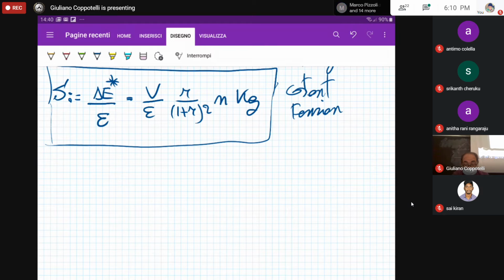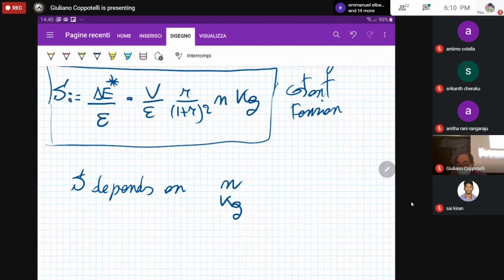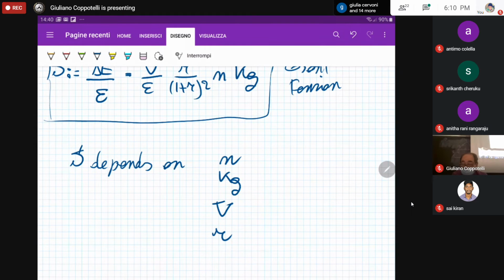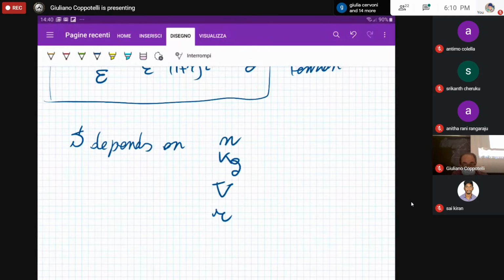As you can see, the sensitivity S depends on the number of active legs N, the strain gauge factor Kg, the constant feeding tension V, and the ratio between the resistances, R over (1 plus R) squared. If we keep this constant, so if N, Kg, and V are constant,